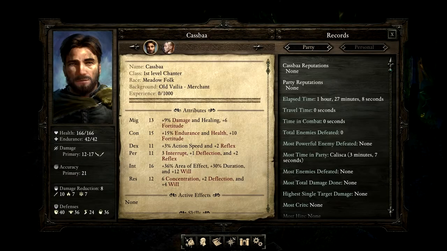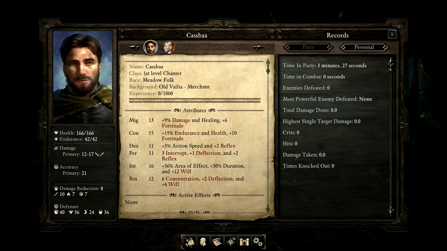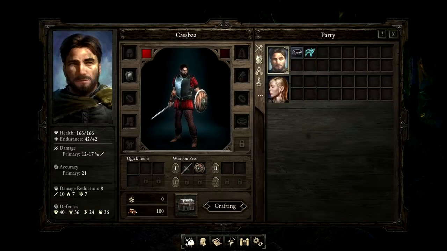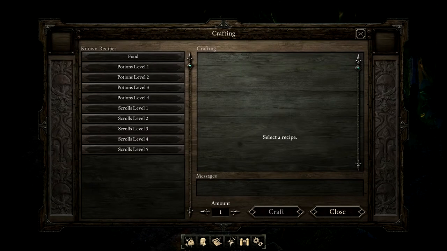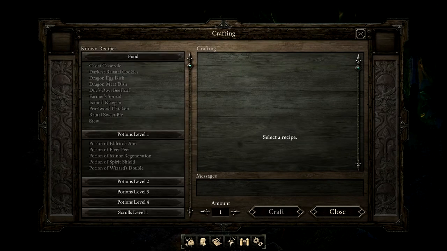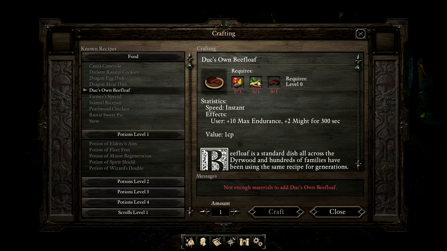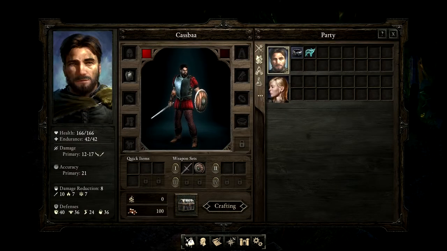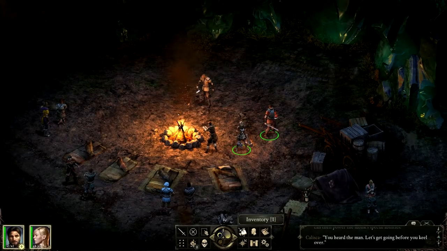Like I said, those are just showing my stats. And what's this? Personal, time played. Okay, just basic information. What do I got in my inventory? Same stuff, ring and a pig. And okay, so we got crafting. What can I do? I can craft food and potions. That's pretty cool. Of course, I'm guessing it's going to explain all this stuff. Okay, so we got inventory, character...